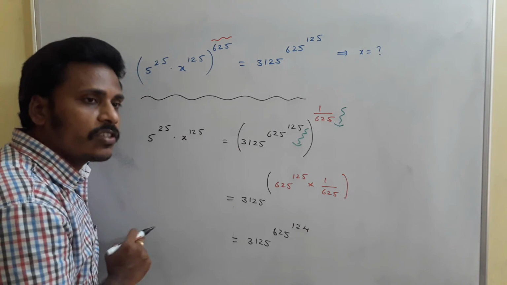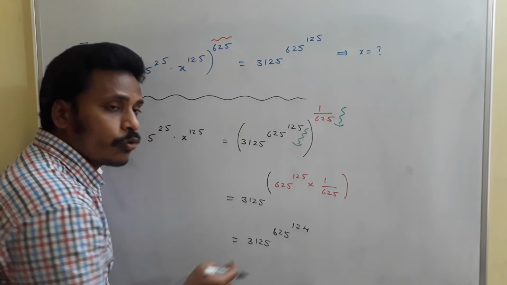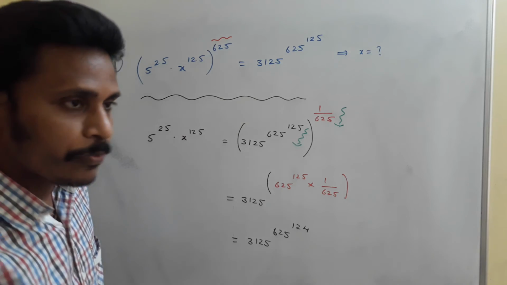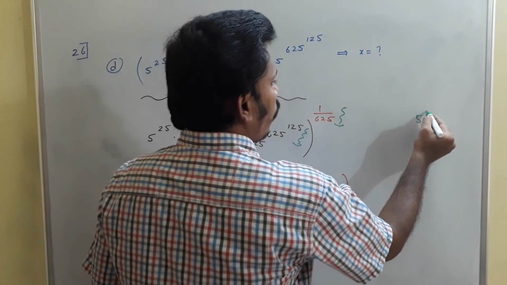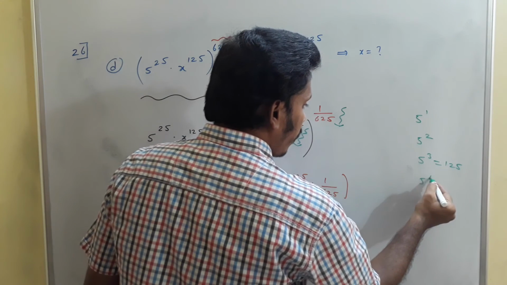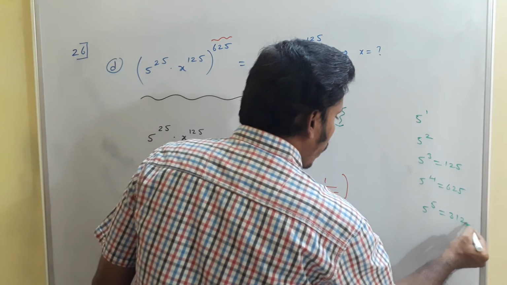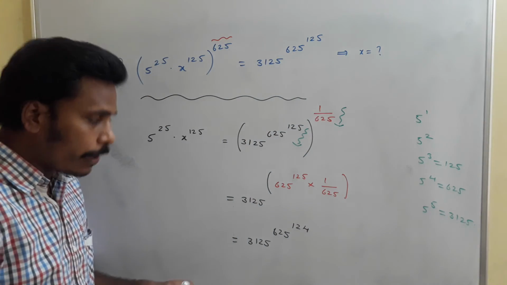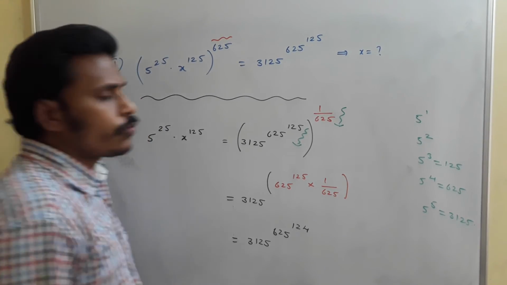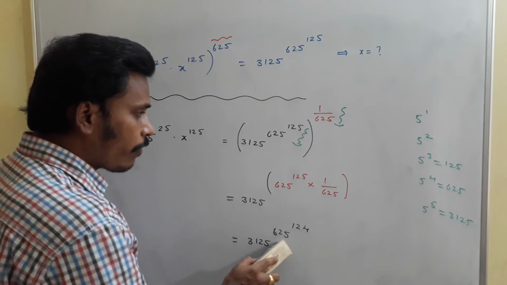And since 5 is involved on this side, I need to express everything in terms of 5. So now my idea is rewriting 625 as 5 power 4. This problem needs your knowledge related to the powers of 5. Okay, I think you all know that 5 power 1 is 5, 5 square is 25, 5 cube is 125, 5 power 4 is 625, whereas 5 power 5 is 3125. If you are perfect at these values, then it is very easy to answer. If you are not perfect at these values, then you feel a bit difficult. Okay, memorize this. 3125 is 5 power 5, 625 is 5 power 4.